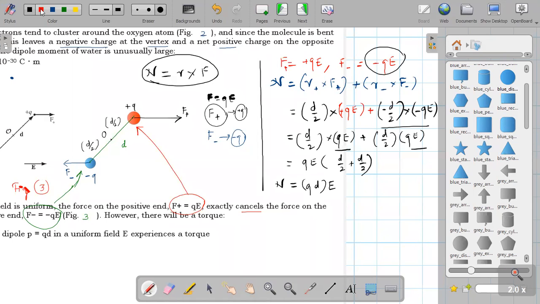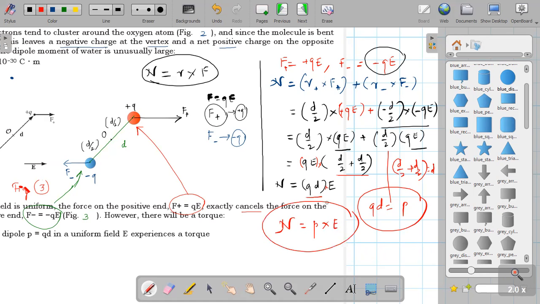Now, therefore, see, this is your QE cross this. I can write this is your d by 2 plus d by 2 is d, and this is your QD, which equals p. And hence we can write, dear student, can I write like this? P is the dipole. Understood, dear student, up to this level? This is the relation for